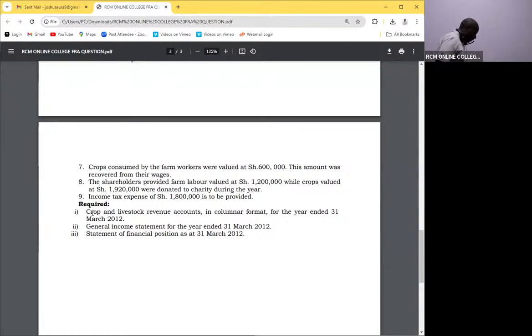Easiest ever. So we have here the revenue account, crop and livestock. So for those of you who have got rulers, nice rulers,